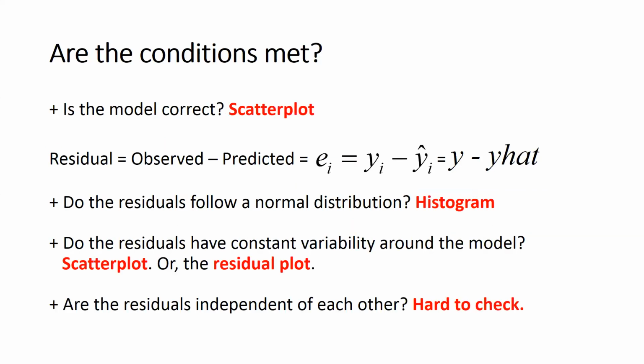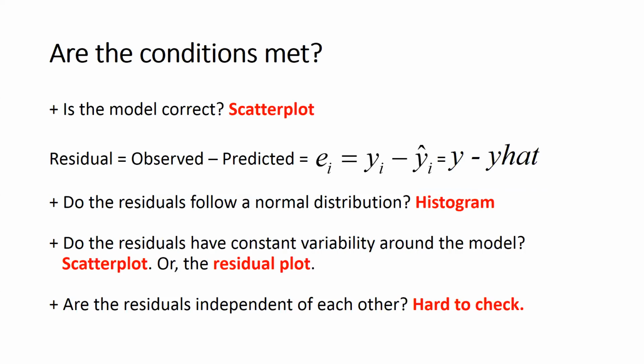So I want to check these conditions, and so I might use a scatter plot to determine whether the model I'm fitting, in this case a line, fits the data appropriately. And then I've mentioned the word residual before, but I didn't really define it. The residual is the observed minus predicted value. It's often denoted by e_i. In fact, it's famous because the residual is one of the few statistics that has a song about it. You might know Old MacDonald had a farm, E-I-E-I-O. So there is a song about residuals. Residuals are y_i minus y_i hat. In other words, the difference between the observed and predicted values.